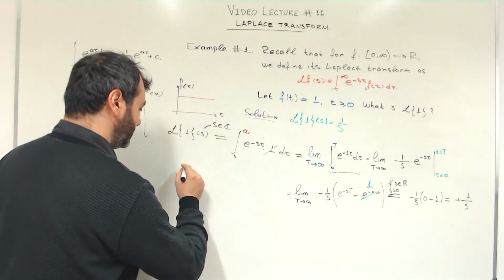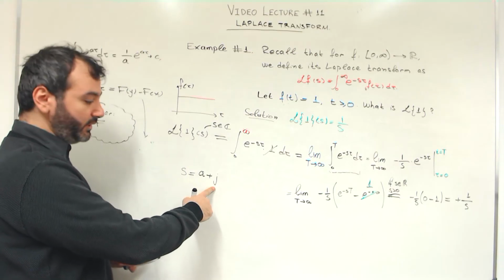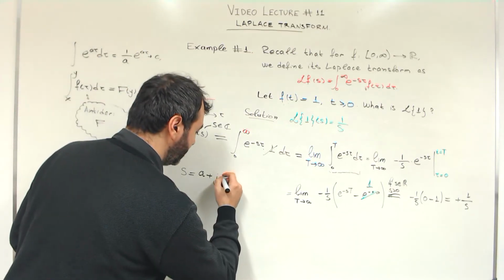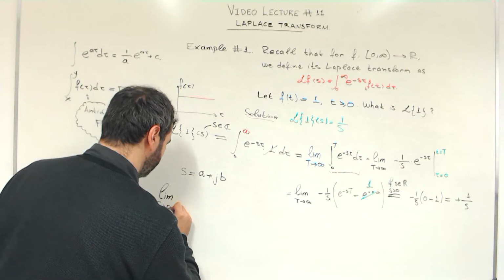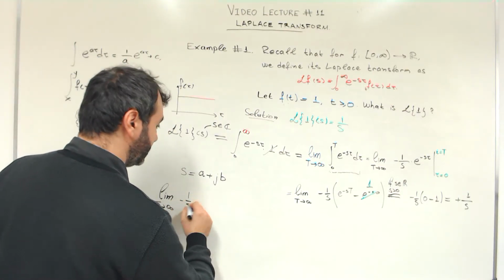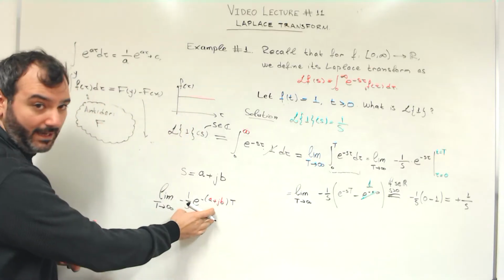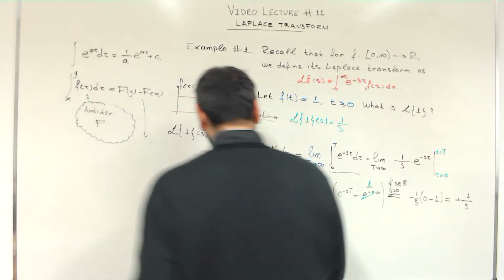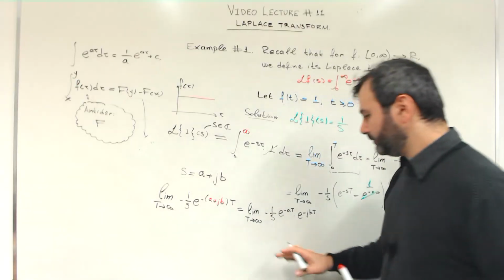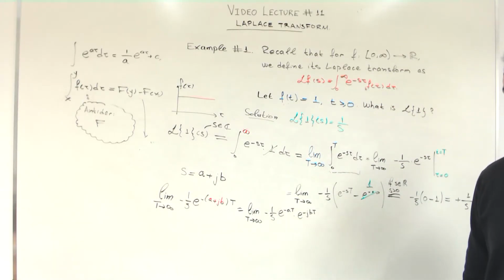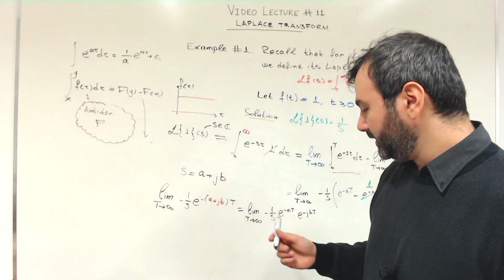Say that s is a complex number, so s must be equal to some a plus the imaginary unit, we'll denote it here by j, times b. And the limit will be minus 1 over s here, so this first part. So instead of s, we have written a plus jb. And we can break it down now. The limit is written like that, this part times this part. It is not still obvious what to do with this limit, but it becomes really very easy to deal with if we take